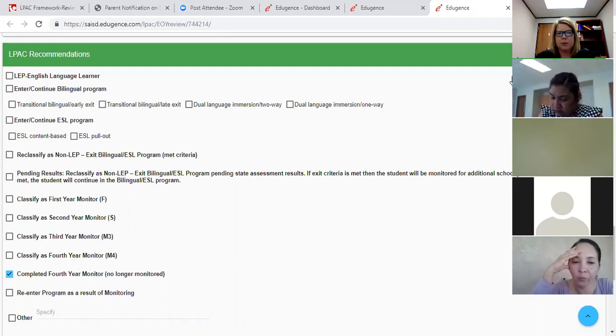To put pending, to make it easy, to be able to put pending, you have to wait for the TELPAS scores. Period. Mm-hmm. Because that's going to tell you the pending scores are really only for the ones where,